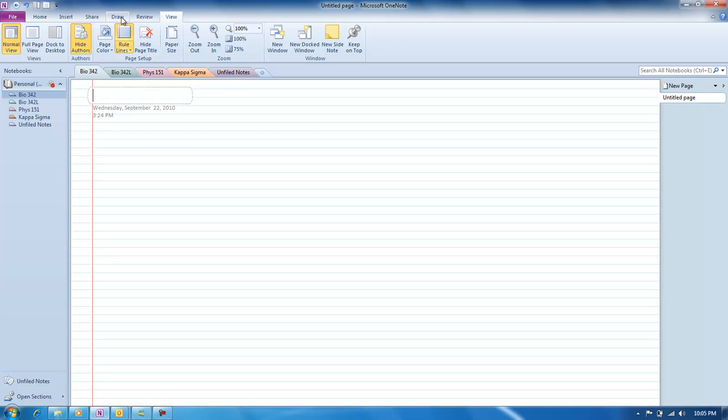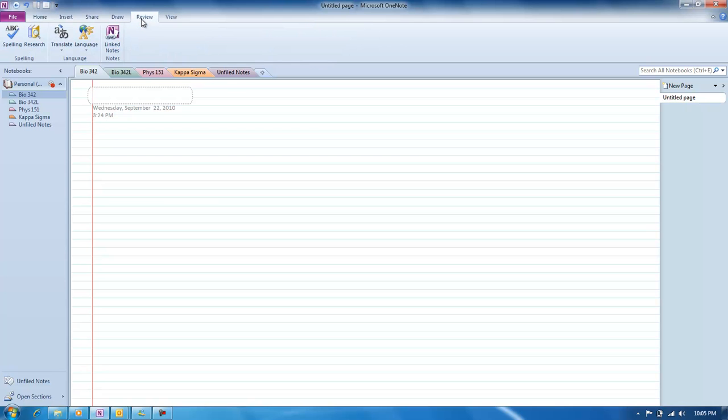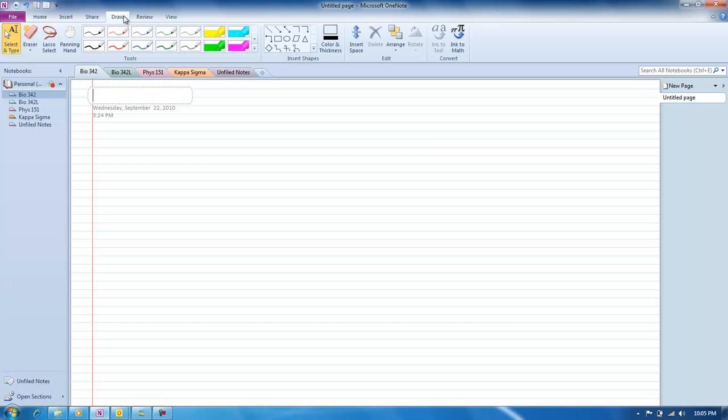Now, another cool feature is you can actually draw anything you'd like, highlight whatever you'd like. That is under the Draw tab. Now, with a tablet, this is super easy. All you do is you just put the pen on, draw whatever you'd like. So, makes it real basic. We'll go ahead and undo that right there. With a little trackpad, it's a little harder. So, I mean, do what you'd like, but this is really for more tablet functionality. However,